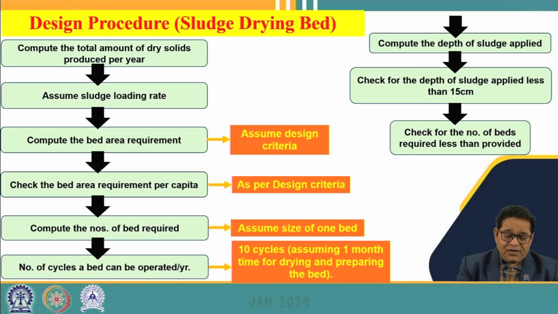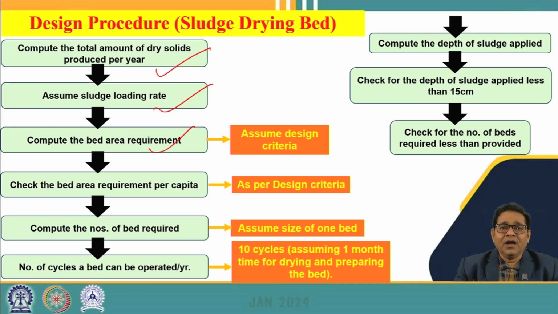So we first have to compute the total amount of dry solids produced per year, and then we can assume the appropriate sludge loading rate depending upon the type of the sludge. And then using this criteria, if we divide the total amount of dry sludge produced by the sludge loading rate,